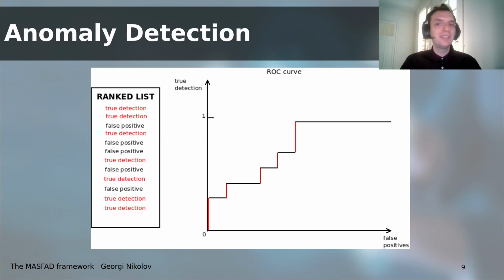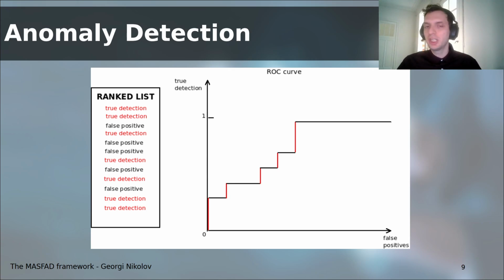So to actually validate and evaluate our results, we have done a lot of tests. How we do the test is we create our own data set of raw data together with some simulated attacks, where we actually know what type of attacks they are. We run our tool and look at the ranked list generated by the aggregation. We look at the true detections compared to the false positives. To see how they stack together, we create what is called the receiver operating characteristic curve, which you can see on the right side. So it's very simple.